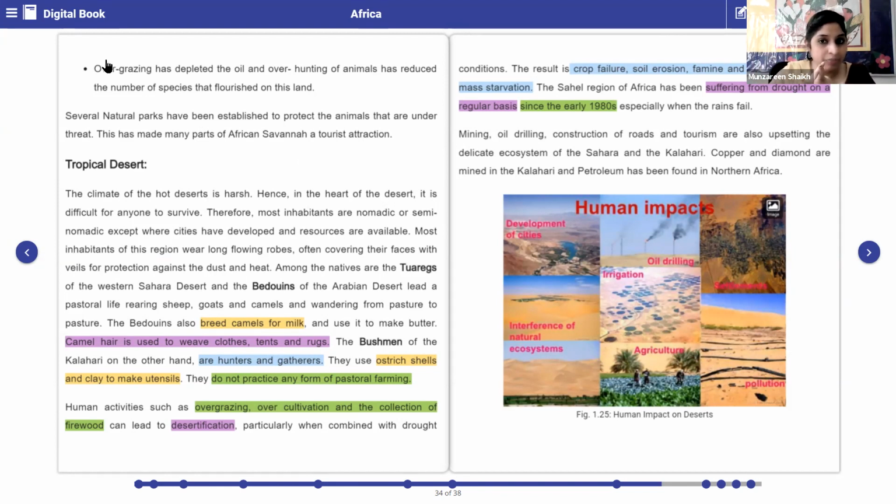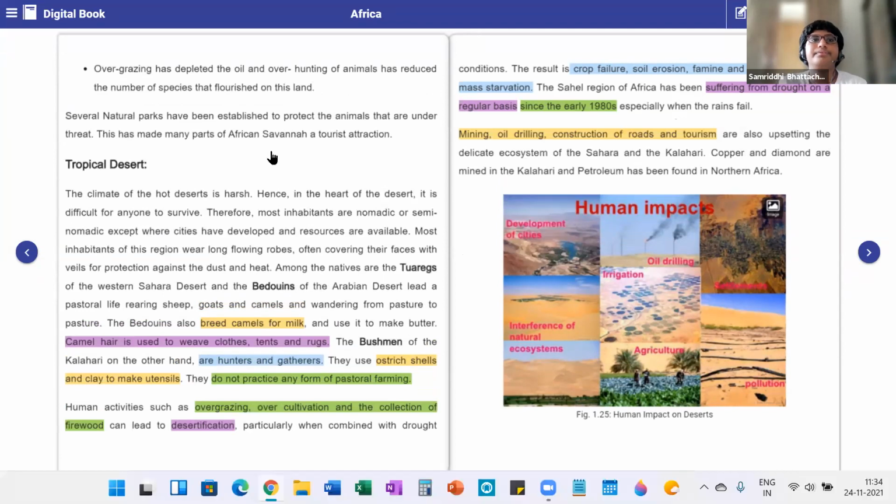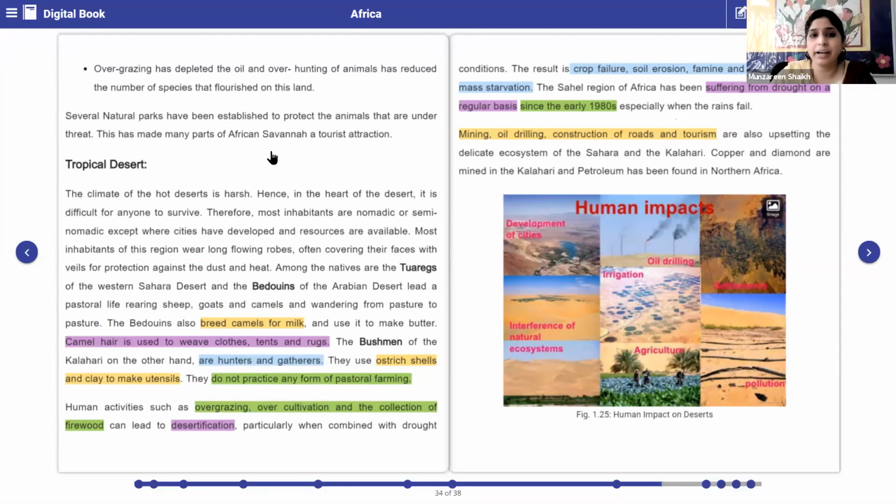Mining, oil drilling, construction of roads, and tourism are also upsetting the delicate ecosystem of the Sahara and the Kalahari. Do you all agree with this, children? Yes, ma'am. People are using nature to make it their business. Any beautiful destination, they make it a tourist place so that they can earn their income through that. But don't you think that if they are making it a tourist destination, constructing roads,